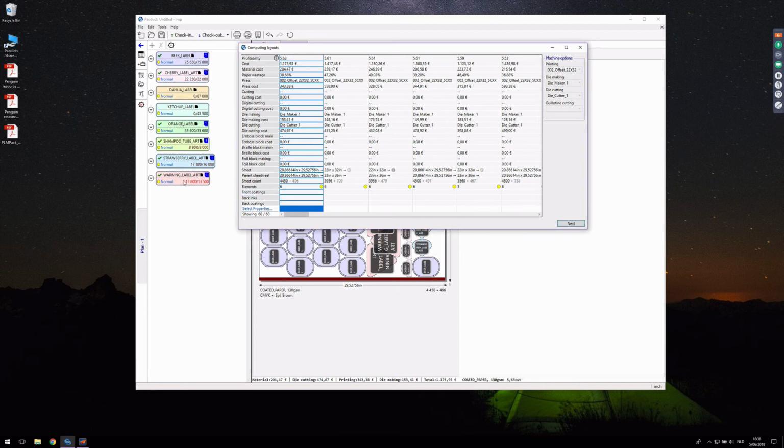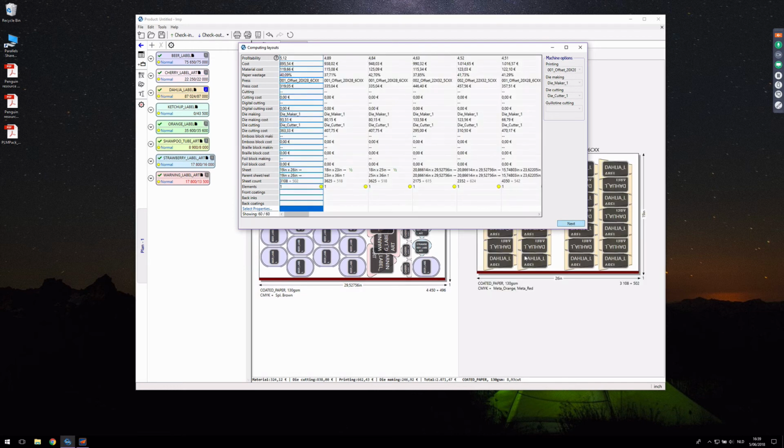So there is a bit of an overrun in this one, and that's why it is shown in red. But even though I have an overrun, when you look at the numbers here, Imp has calculated that this is the most economical option. Now, I'm going to move on, say next,